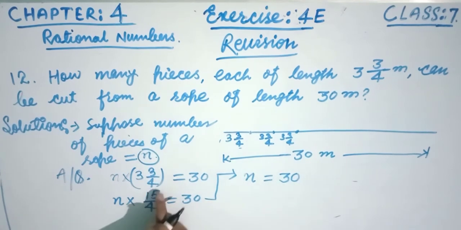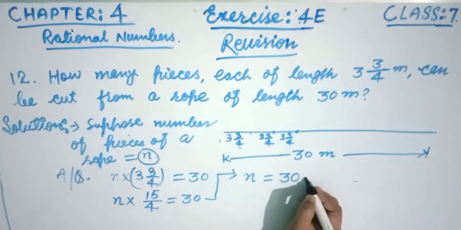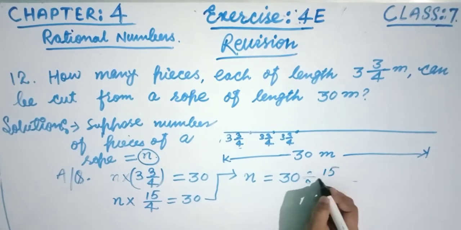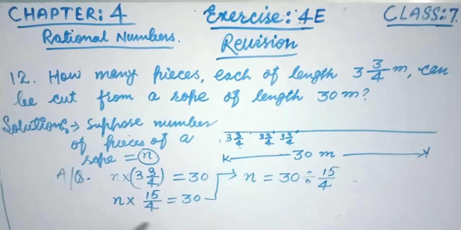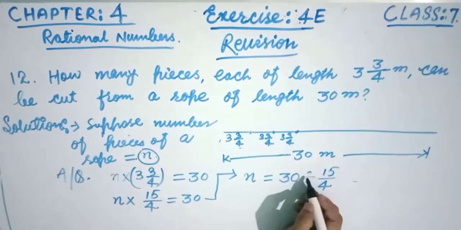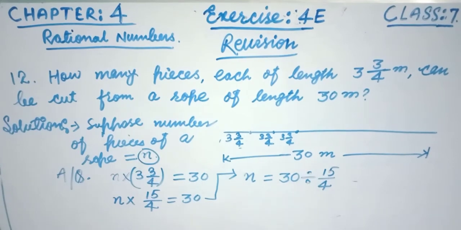Now we will bring this 15 by 4 to the right hand side, and remember, on the left hand side it is sitting as a multiplicative form with n. So if we bring it to the right hand side, it will change into division form. Remember, friends, 15 by 4. When you take it to the other side, it is in multiplication here, so after going there it will come with divide. Remember one thing, multiply will go as divide. Okay, now this 30 is as it is, friends.